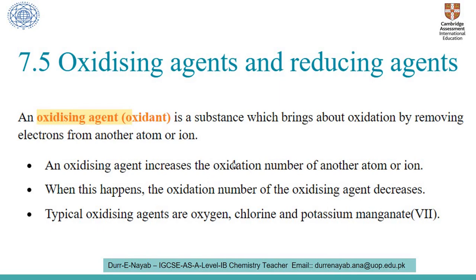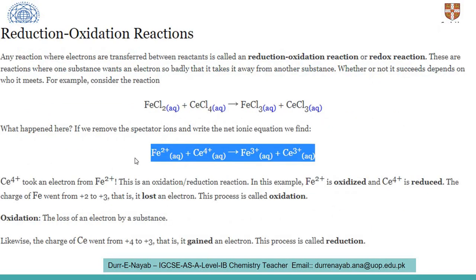Now, to explain these two bullet points, let's take an example of a very famous reaction. This is a complete redox reaction, in which oxidation and reduction are happening side by side simultaneously. This is your ferrous chloride, this is your cerous chloride, this is ferric chloride, and this is cerium chloride. In this example, you can see in this reaction we have basically